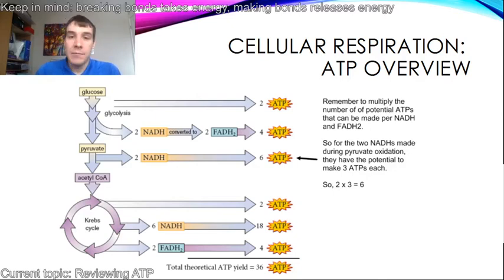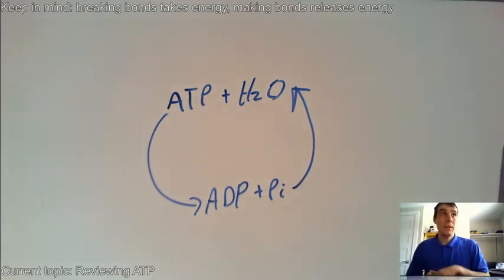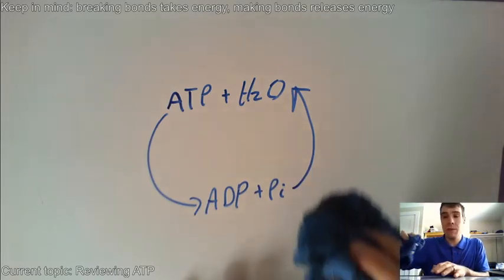So ATP is really important. And the reason ATP is important is specifically because of this breaking bonds takes energy, making bonds releases energy thing up here. So in order to help you understand that, we're going to jump down to the document camera. And in the document camera here, here is the typical ATP formula that you'll see online in a lot of cases. I'm going to actually erase this and stick it up in the corner